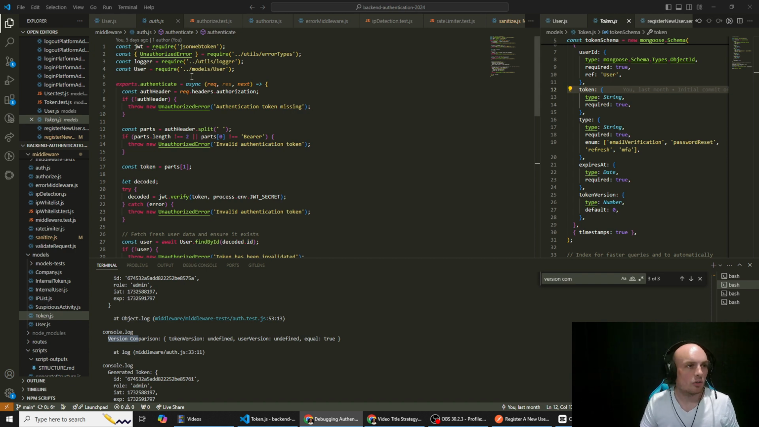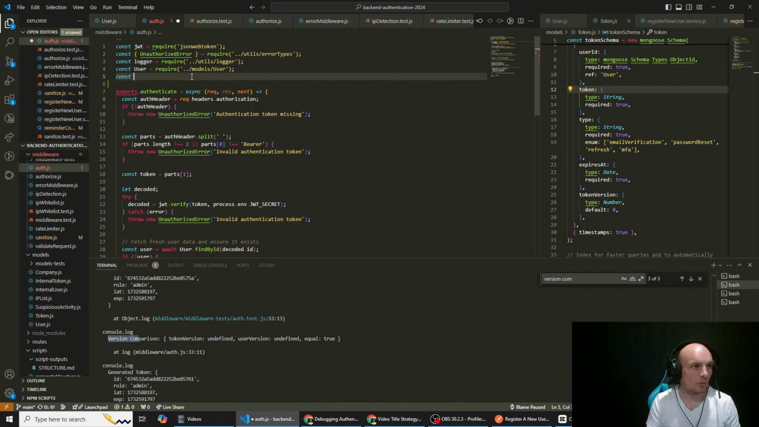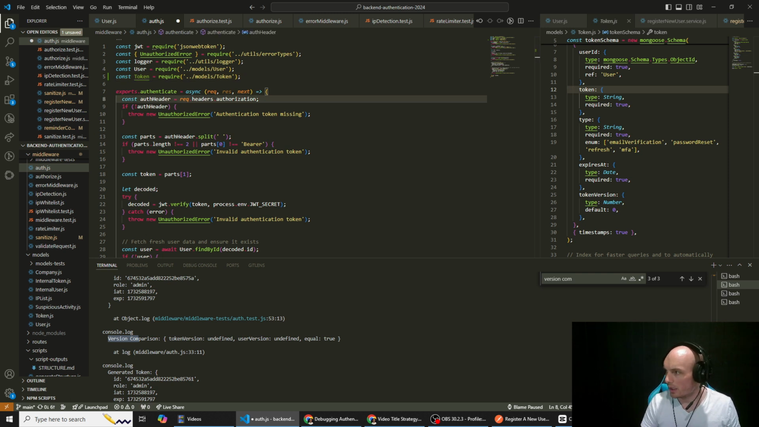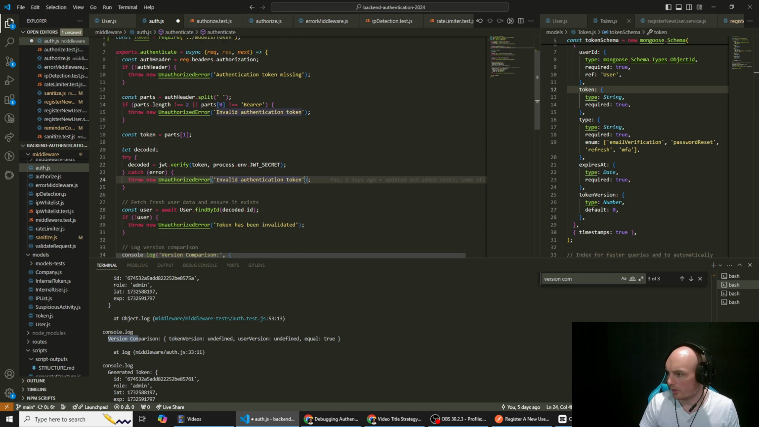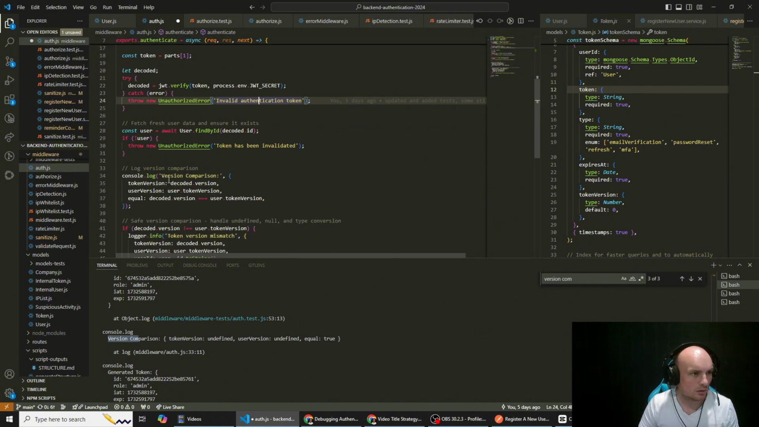So what we do need to do is bring in our token model. Token equals require token. So this should all be the same. This should be the same. This should be the same. That's the same. And then here,